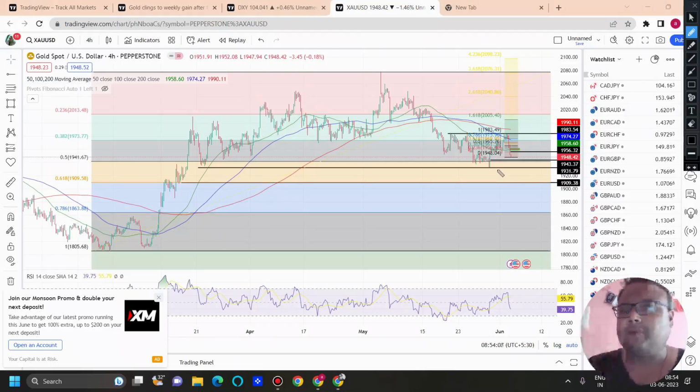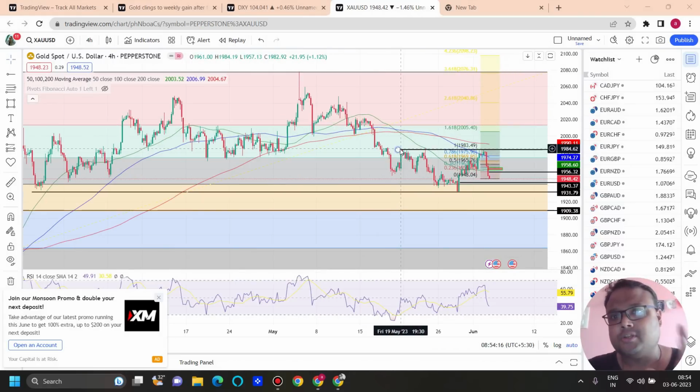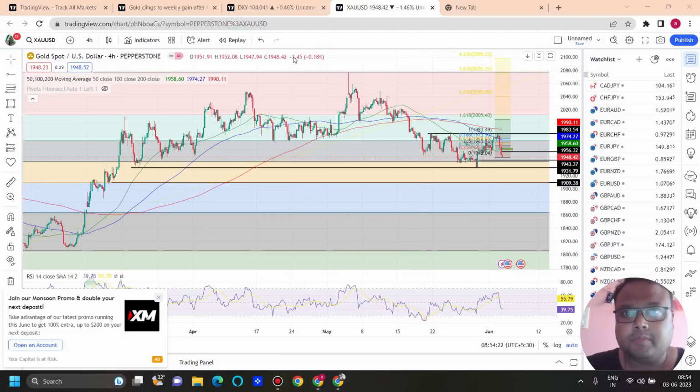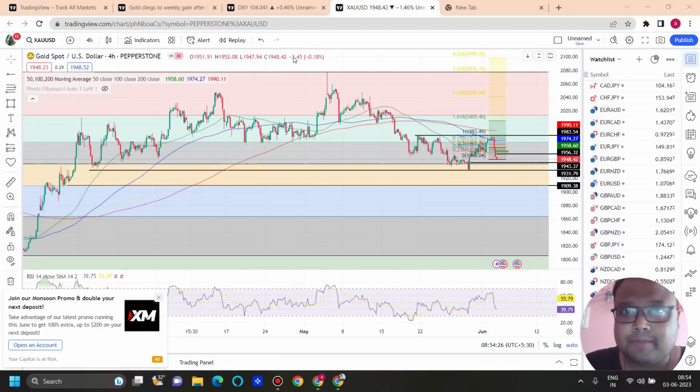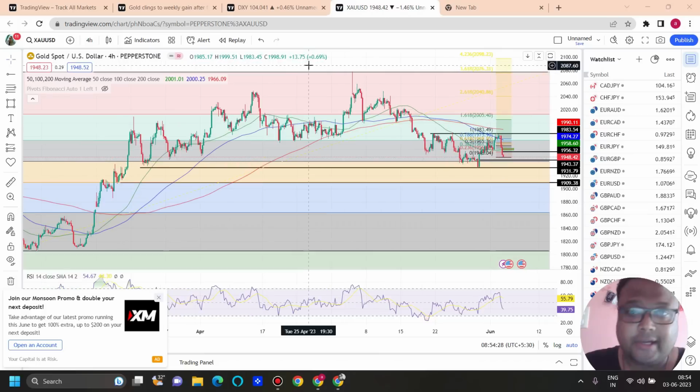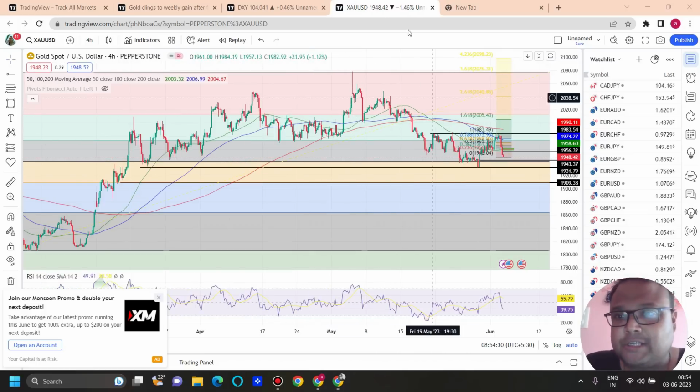If the market takes support in the future, then by next week, we can look for a buy position. So 1909, 1910, yes, deserves a position, but that level also does not have the potential or strength to reverse the trend. Right now the market structure is not very positive, so taking a sell is the best thing you can do right now, or it should be your strategy.